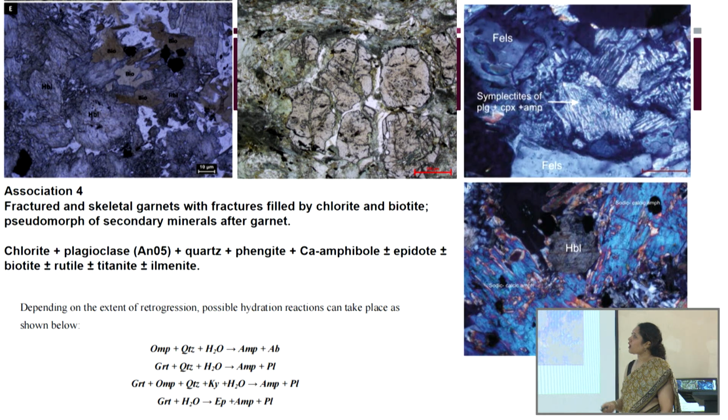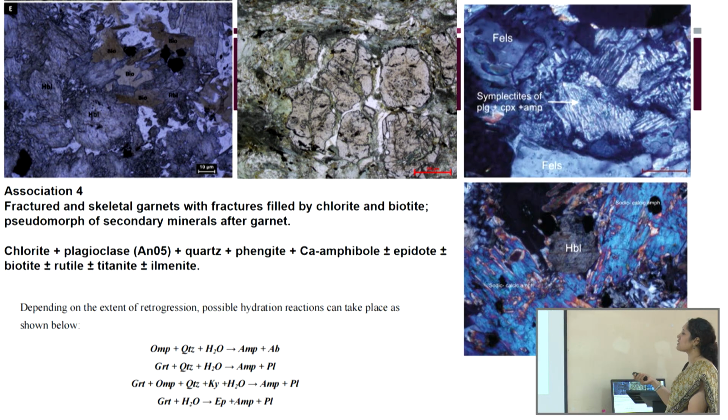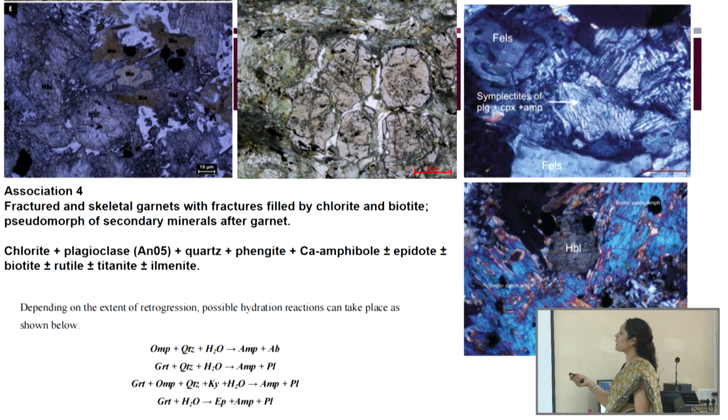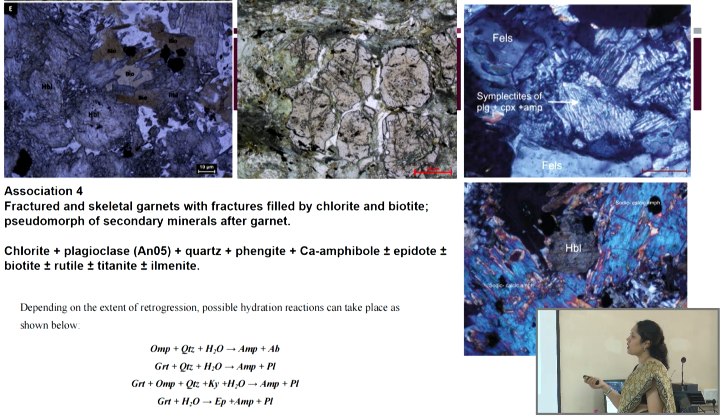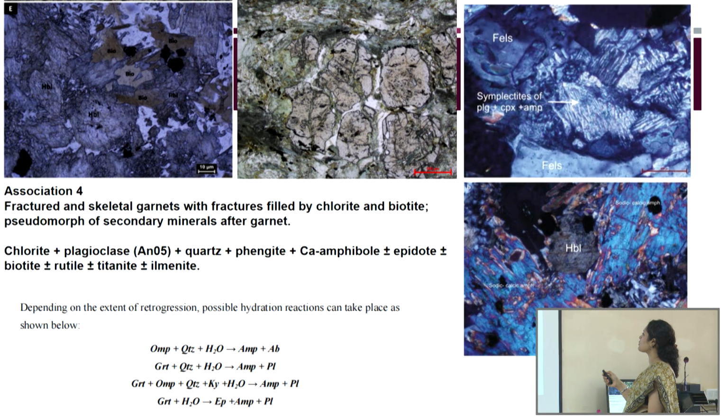Yes, we get different other minerals which are primarily post UHP. You get garnets which are intensely fractured and now filled up with chlorite. You also get biotite, which is a low temperature mineral now. You get hornblende. Okay, you get a lot of symplectites of plagioclase after CPX, and